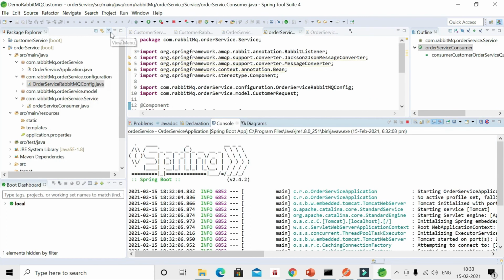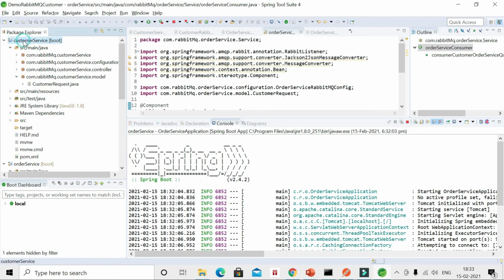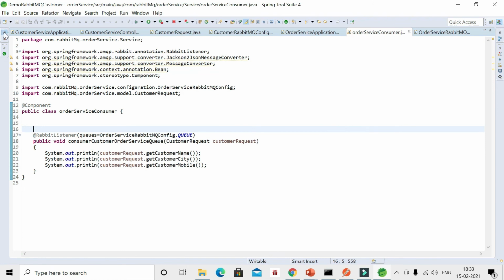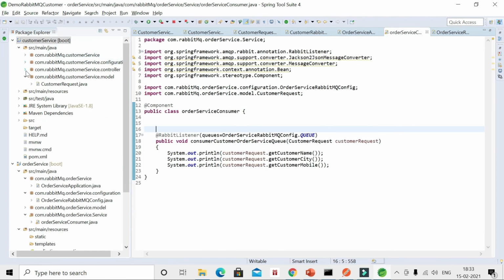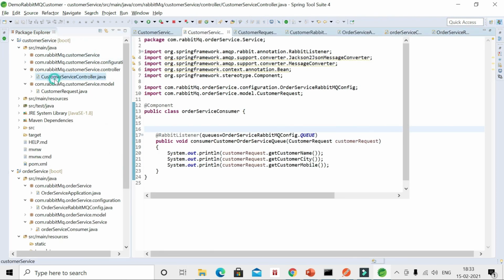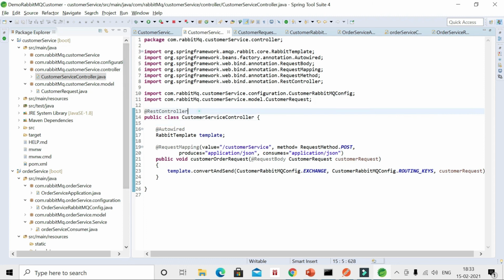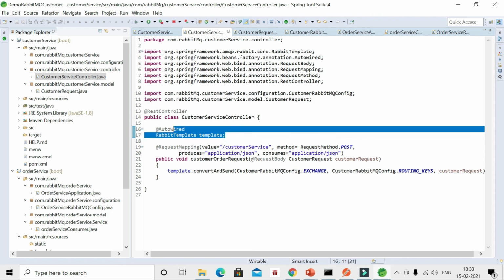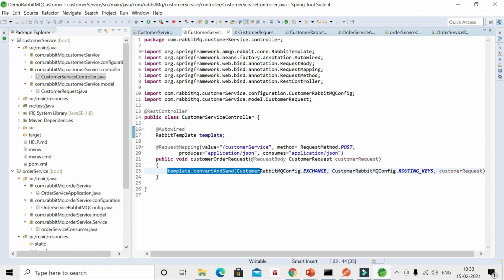So hope guys you understood. Let me summarize again what we did today. First we created the customer service to send the request to our queue. We created the controller class, annotated with REST controller, and used RabbitMQ template to send a request to RabbitMQ.